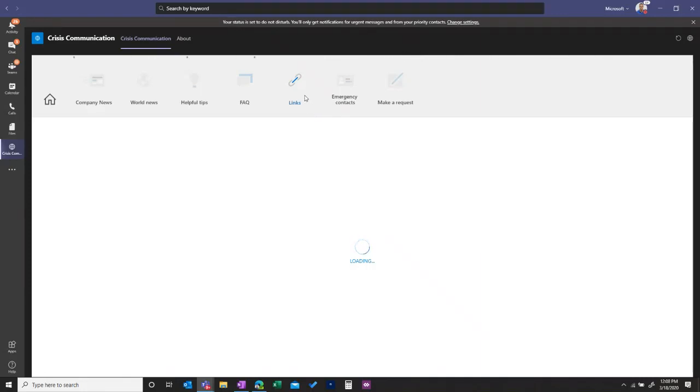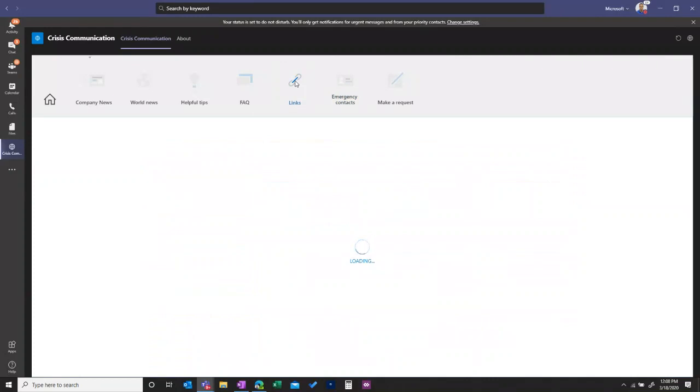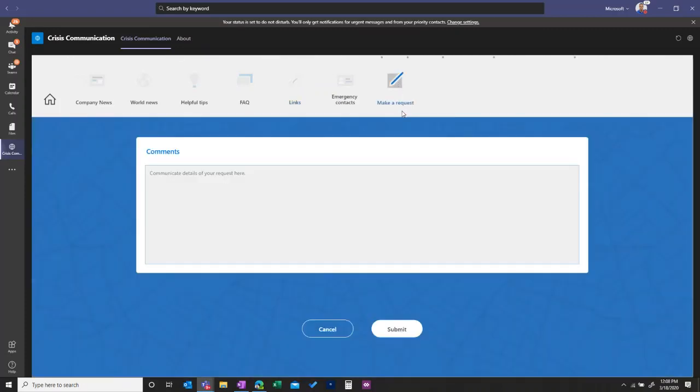We'll let this load for a second. Go on to emergency contacts here. There we go. So again, configuring emergency contacts. In our case, we've used geographic region as the divider, but you could do divisional or whatever it is that makes sense for your organization. Try links one more time, see if this guy loads. All right, I'm not sure what's going on there, but we will jump on to the next piece here,